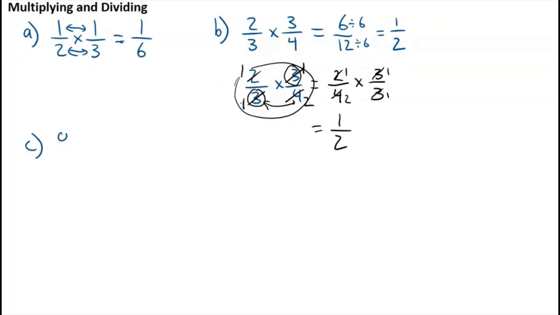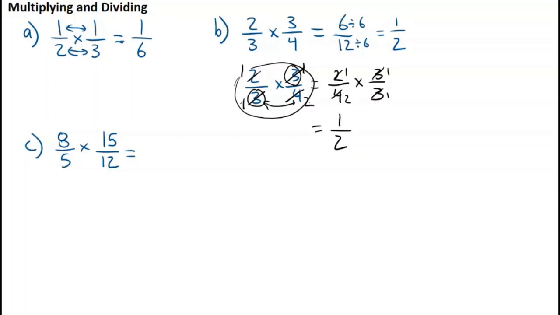Let's try 8 over 5 times 15 over 12. So if you multiply this out, you go 8 times 15 is 120 over 60. And then you might be able to simplify that pretty easily and pretty quickly. But again, I want to show you a quick way to do that so that the numbers stay small and